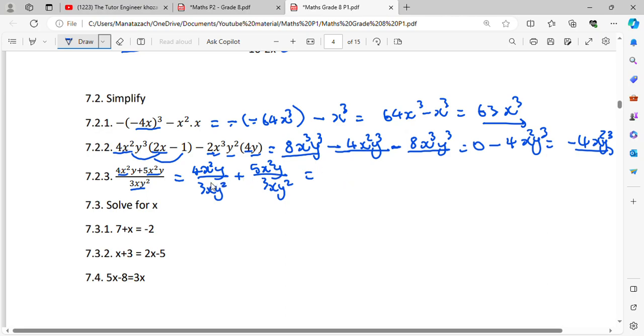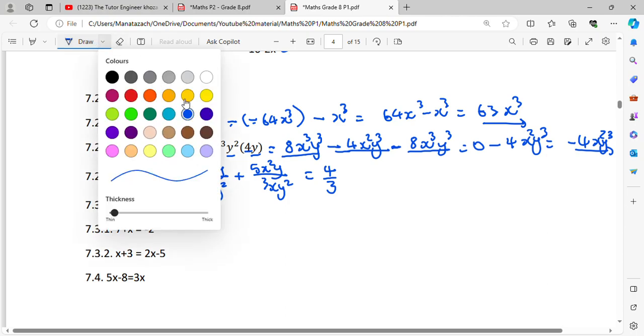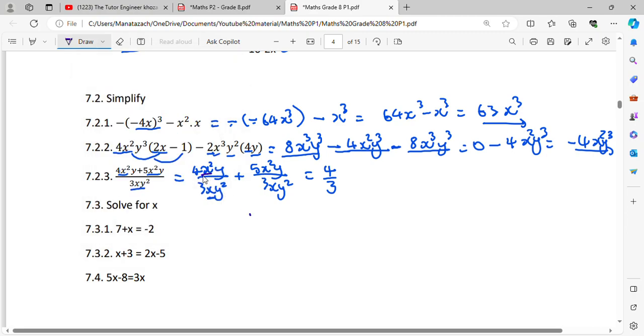Here you'll have 4 over 3. There's nothing much you can do with 4 over 3, so it's going to come back as it is. But then you have x and x squared. Let's just change the color for the pupils, right? So here you have x squared divided by x. It will give you an x, and then on top you have a y, at the bottom you have y